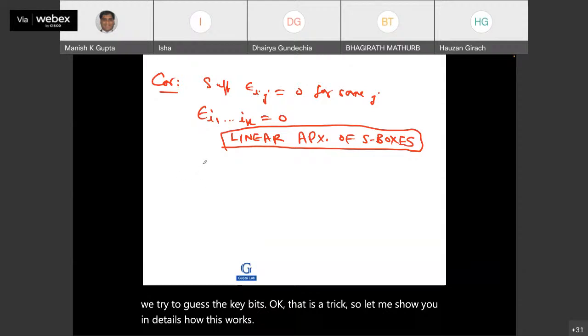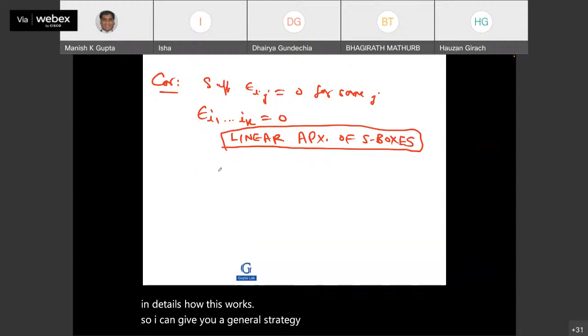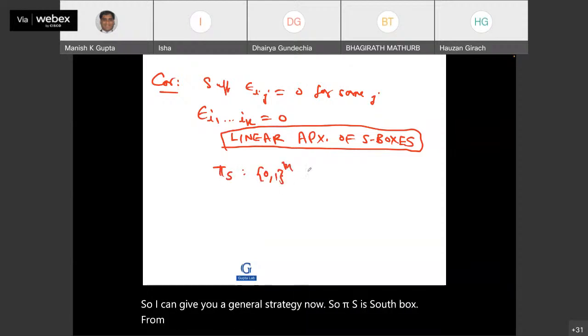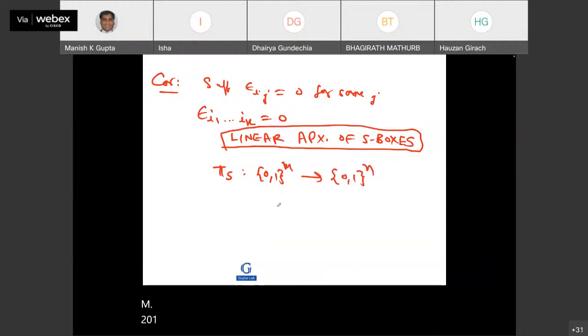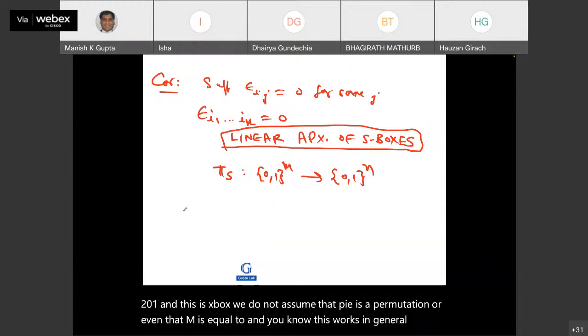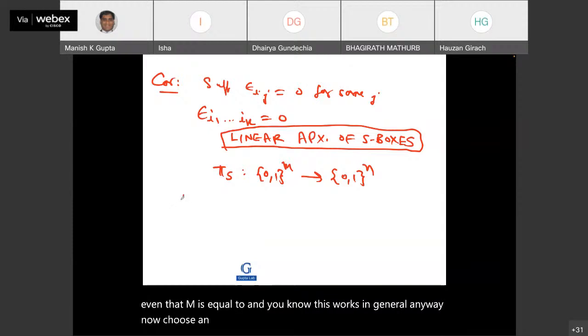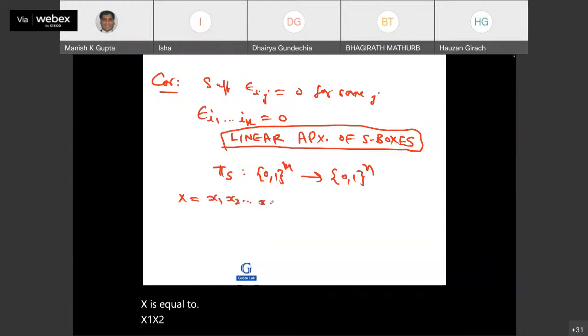So I can give you a general strategy now. Pi s is an S box from {0,1}^m to {0,1}^n. We do not assume that pi s is a permutation or even that m is equal to n. This works in general anyway. Now choose an m-tuple x = (x1, x2, ..., xm) uniformly random